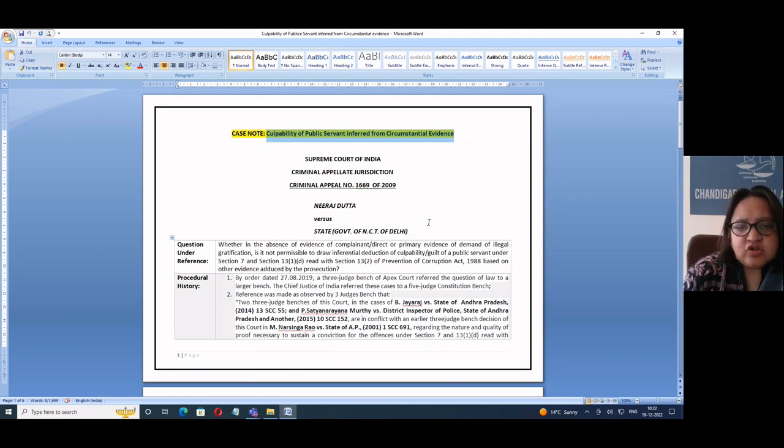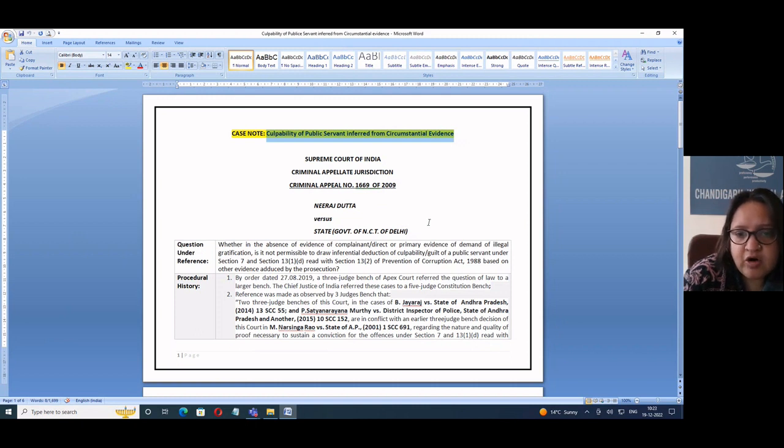Namaskar. In today's case note, we shall be discussing the latest judgment passed by a 5 judges bench of the Honorable Supreme Court, that is Neeraj Dutta versus State Government of NCT of Delhi, with regard to the culpability of a public servant inferred from circumstantial evidence. Now, the question under reference before the Honorable Supreme Court was whether, in the absence of evidence